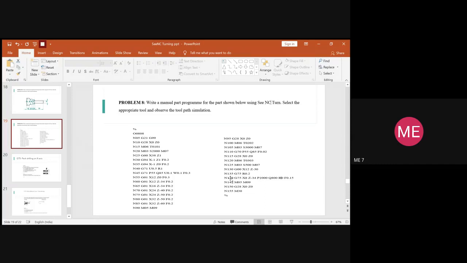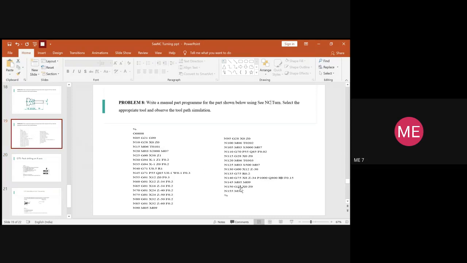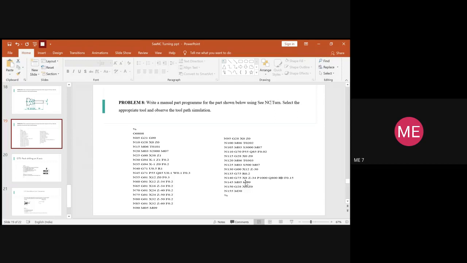After writing this, you have to write the second statement of our syntax, where you need the values of X, Z, P, Q, and F. X is the X coordinate of the groove where we need to do it. What should be the value of X? It is 8, because we need this groove with the diameter of 8. So now you will type X is equal to 8.